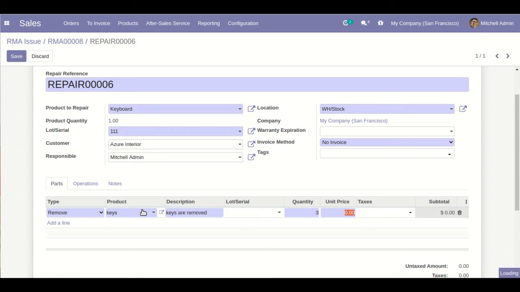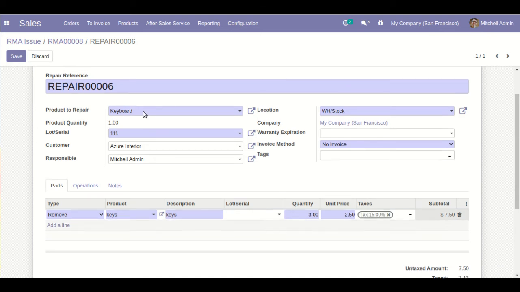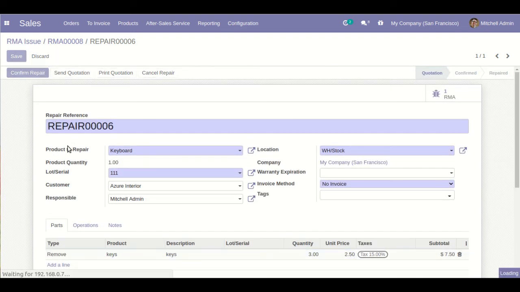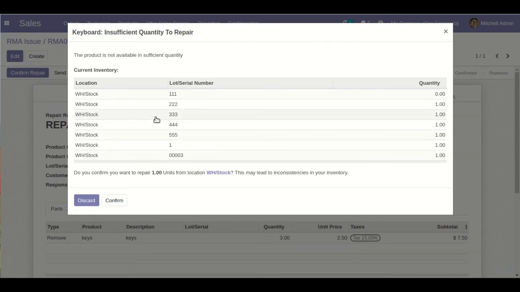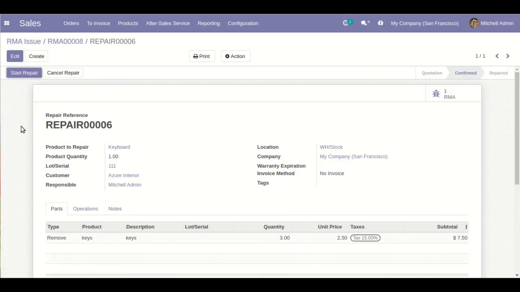Quantity will be 3, and unit price we can take over here. Then confirm repair. Okay, start repair. So like this a repair process we can do over here.